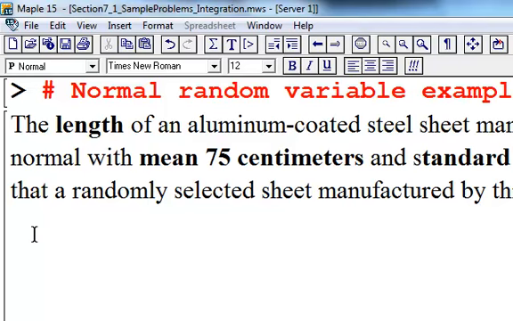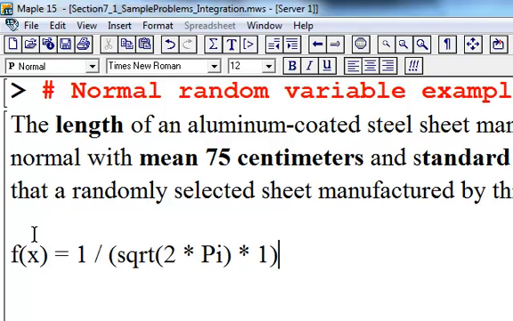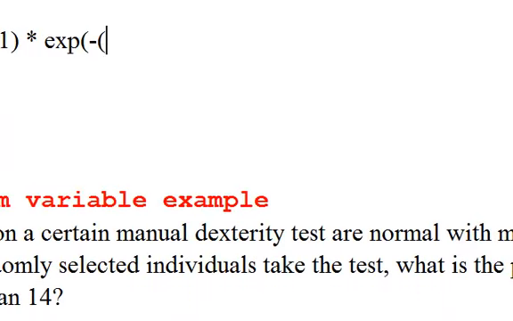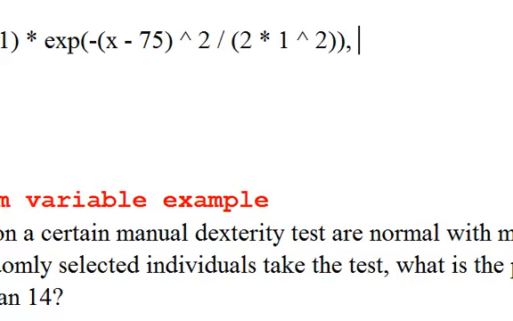So here's the probability density function for a normal. It's 1 divided by the square root of 2 times pi times the standard deviation, which is 1. So there's 1 over square root of 2 pi times sigma times e to the negative x minus the mean, which is mu, squared, divided by 2 times, in this case, sigma squared. And that's my density function, and it's valid for